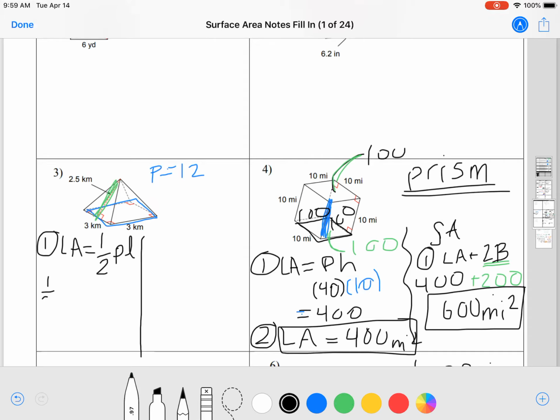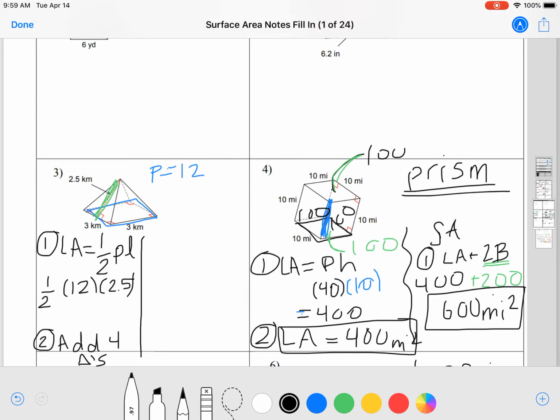So I had 1/2 perimeter, which is 12, times my slant height, which is 2.5. Okay, and that's one way I could find my lateral area. Another way I could find my lateral area is I could just add all 4 triangles, right? So I would have to figure out what's the area of one of the triangles, and then I could add them